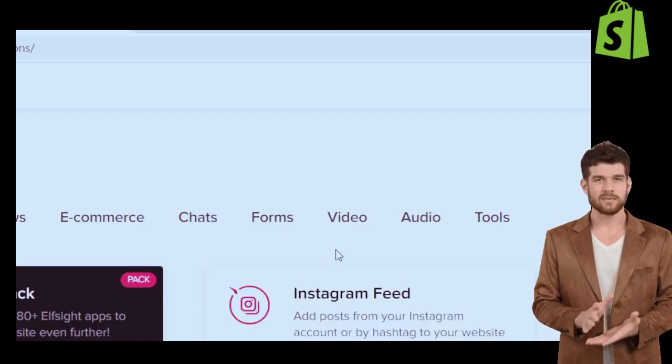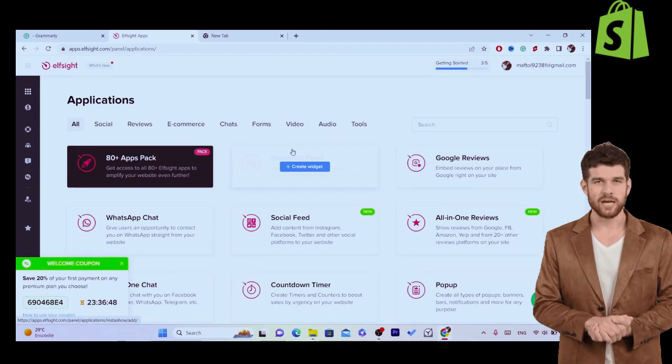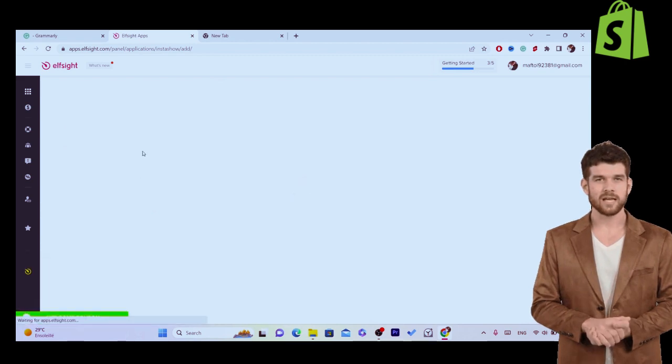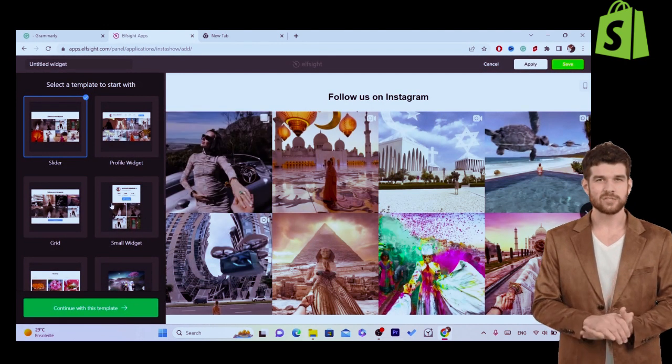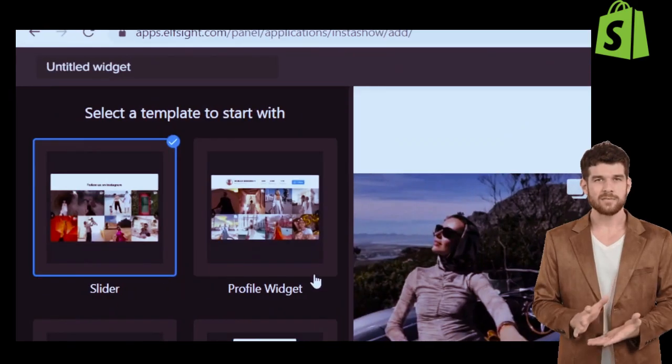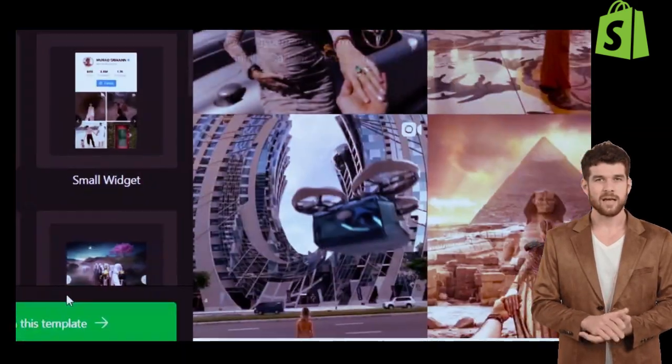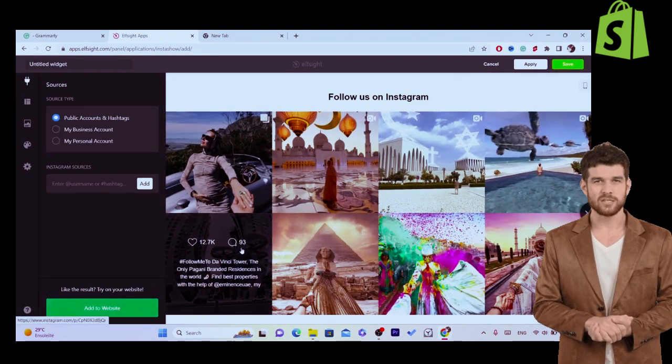Okay, there are a lot of different options here. You want to select Instagram feed and click on create widget. Now it will take you to this page where you can select a template. Okay, you want to select which template you want: slider or profile widget, small widget, grid. Now you want to select which template you want. I'm going to go with this one, so I'm going to click on continue with this template,